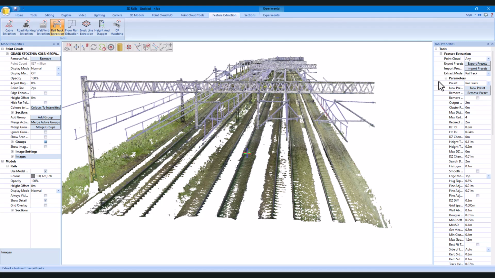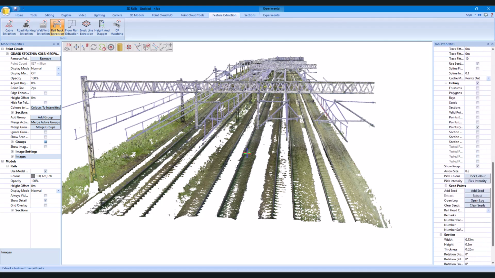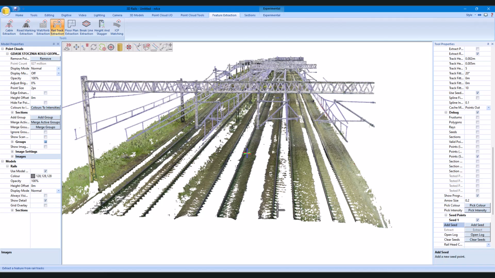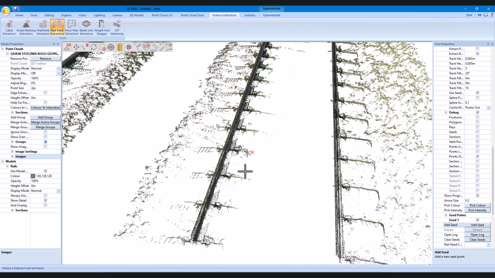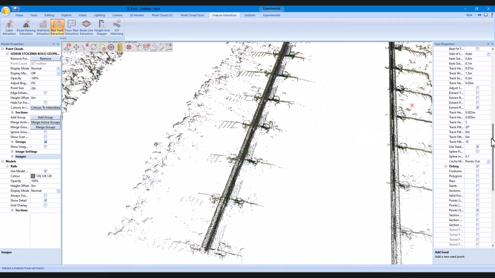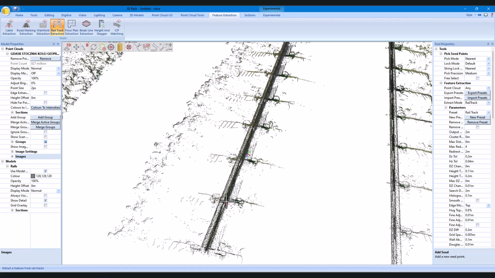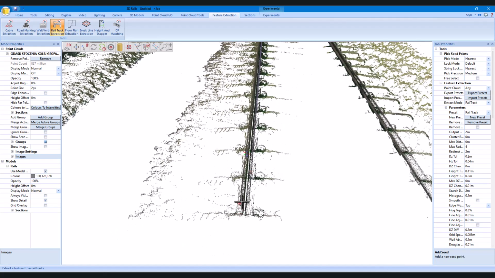What we do is we load in our preset, so I've already got this set up ready to go. Essentially we're looking for data within a 200mm high box by 40mm wide every time I drop down a seed. So I'm going to do Add Seed, and we'll start down here. Just make sure I've got it set to nearest, so it's going to click on the top of the rail for me. And we'll put one seed going down like that,